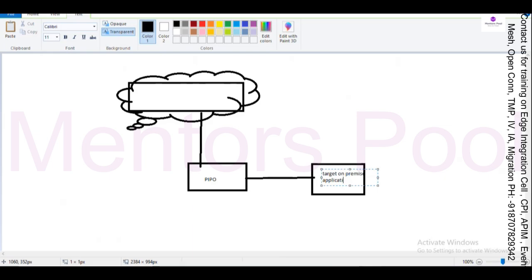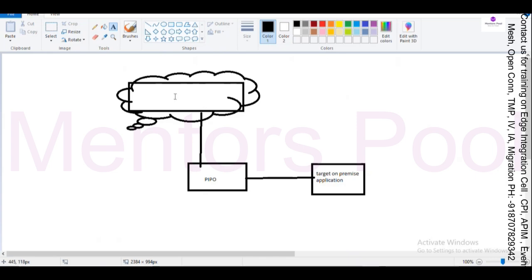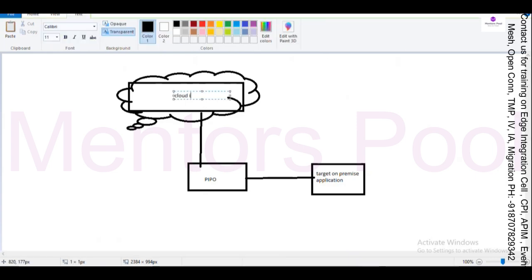This is a typical hybrid integration where you are using cloud integration here, plus you are also using